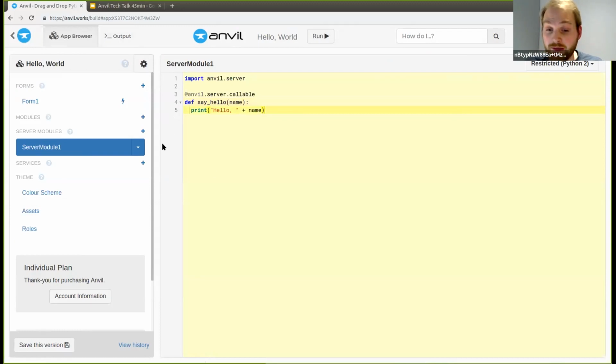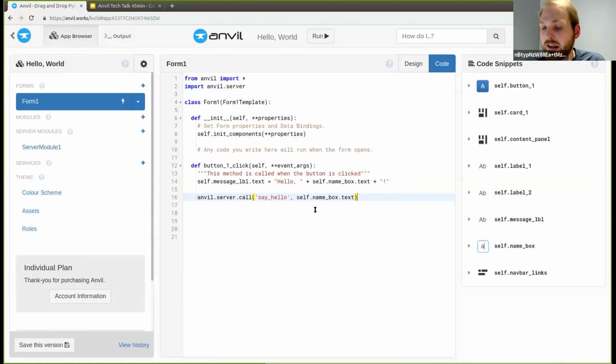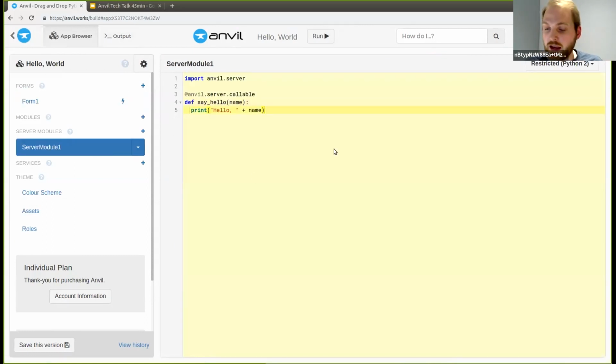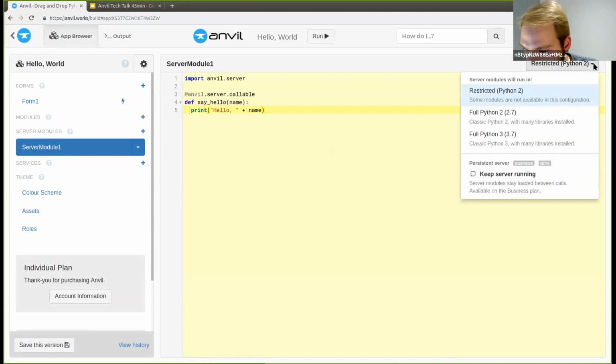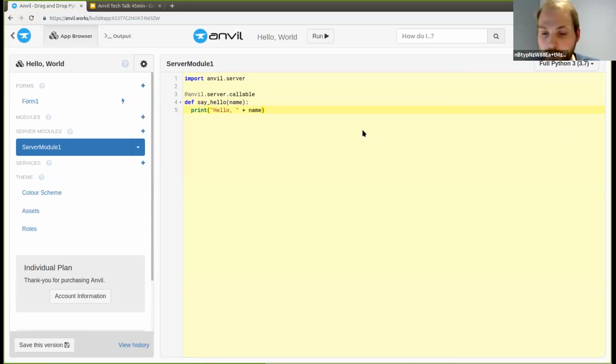So this is quite a big deal, because sure, this stuff's inevitably going to be limited, right? We can't compile everything into JavaScript. It doesn't make sense to open a file in a browser. But this is real Python, okay? This is the restricted sandbox, but now this is real Python 3.7. And you can do what you want. If you have a database, you can import the library to connect to it and go. You want to draw a graph with matplotlib, you can import matplotlib and go. You want to use TensorFlow, we've got that installed.